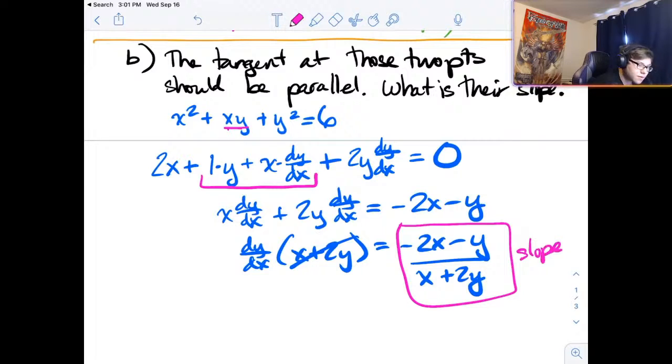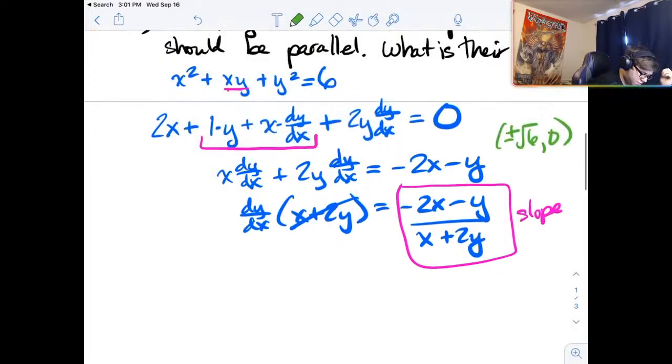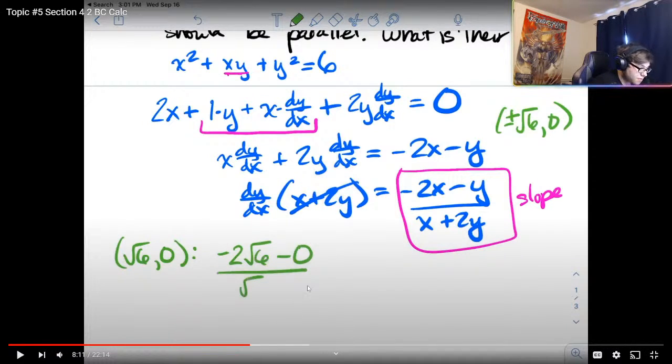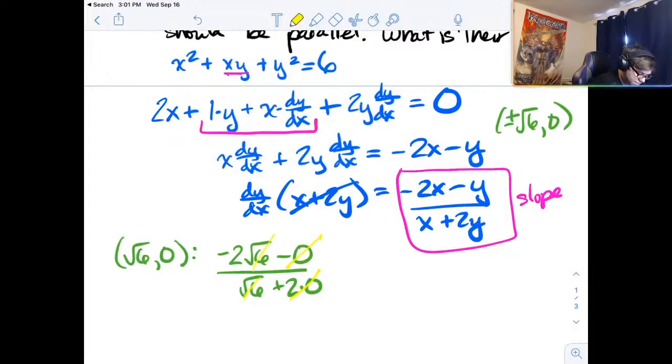And they would like us to find whether or not those two slopes are parallel at those particular points where the graph crosses the x-axis. So remember from part A, that's plus or minus the square root of 6 comma 0. So let's take the time to test each of those. If I plug in the square root of 6 comma 0 to that slope that I just got, I would get negative 2 square root of 6 minus 0 over square root of 6 plus 2 times 0. I just love plugging in 0. And a lot of things wind up canceling, and the final answer that I wind up getting here is